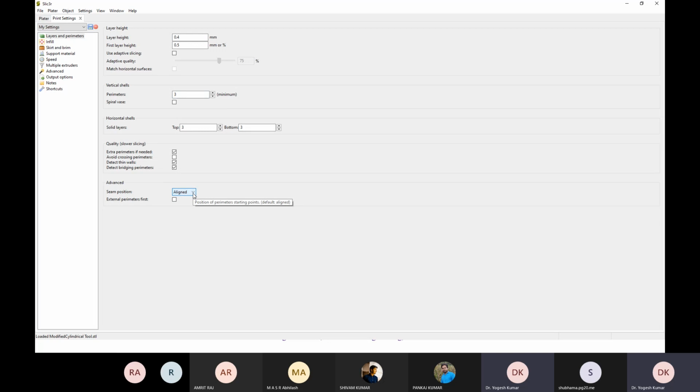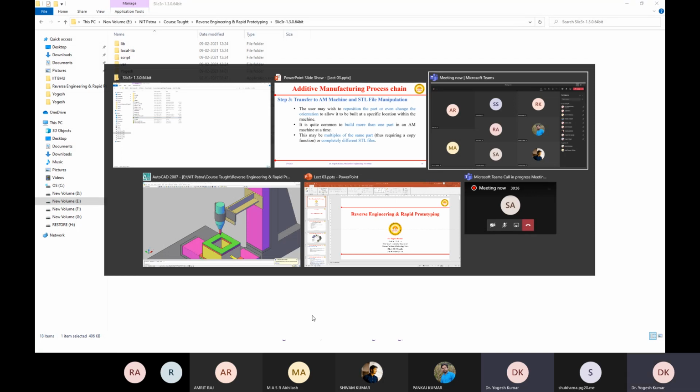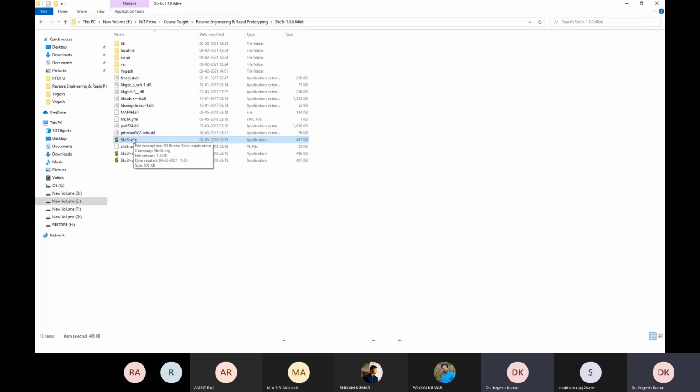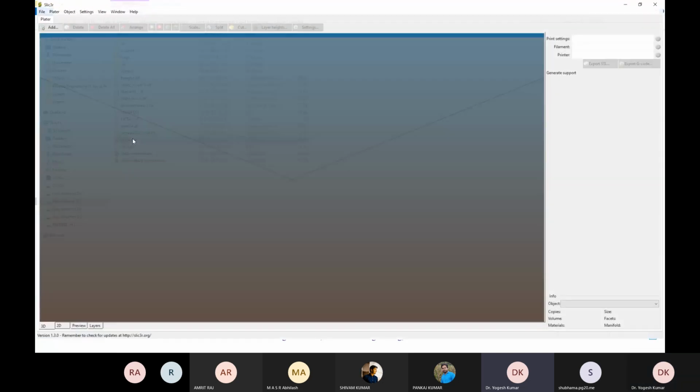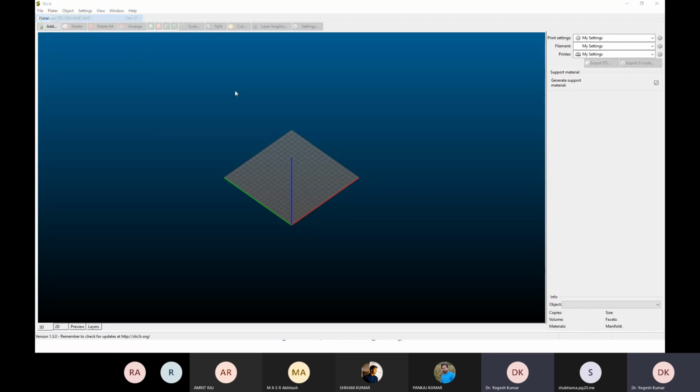Sorry, it got closed. Just a second, let me open it again. File, open, modified cylinder. There are a lot of options like print setting, then filament setting.